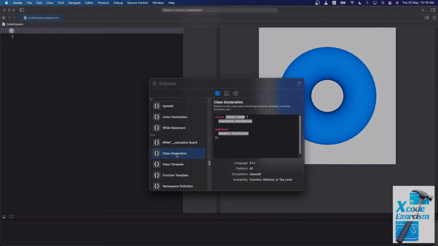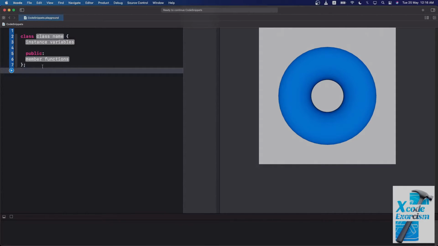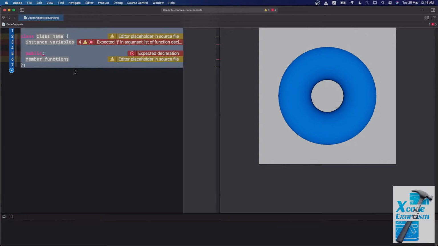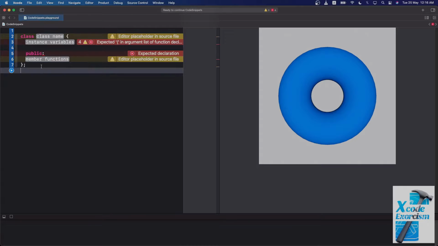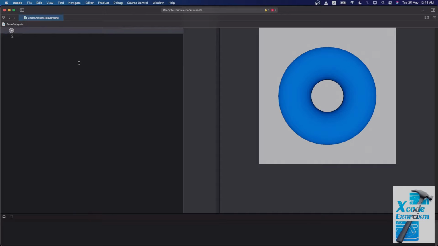You can also drag and drop the C++ one in this editor window. You can see that we are getting syntax errors, all those things. But basically, this is the common template which we'll have for C++ classes. Let us not deviate from the actual discussion. So there are two ways to enter the code snippet window.